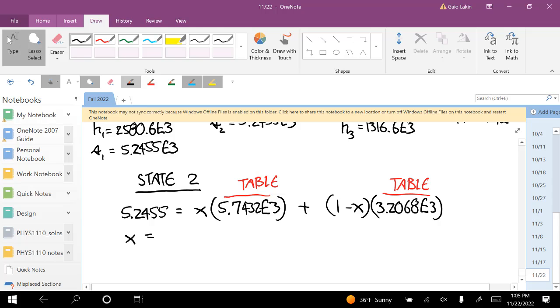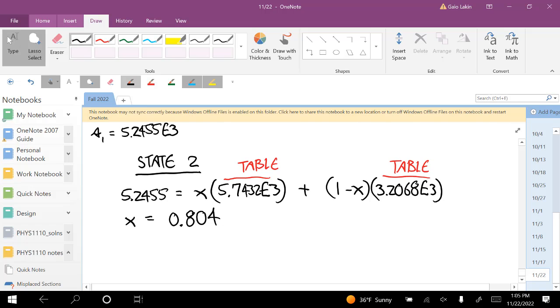Solve for X, and you get that the quality is 0.804. And so based on that, you can get H2. So H2 is 0.804 times 2758 times 10 to the third